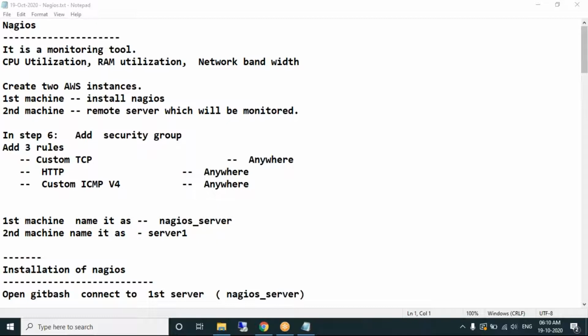Suddenly a machine will behave slowly. So you need to know the reason why a particular server is performing slow. It could be with respect to CPU utilization. It could be that RAM is not sufficient, or is it because of network bandwidth, because of which reason the EC2 instance is not performing as per the requirement. So in that case, you need to have a monitoring tool.